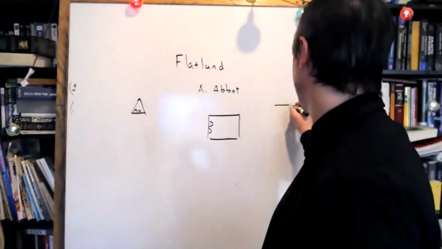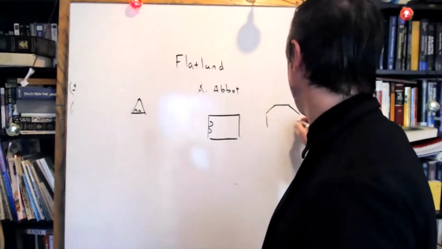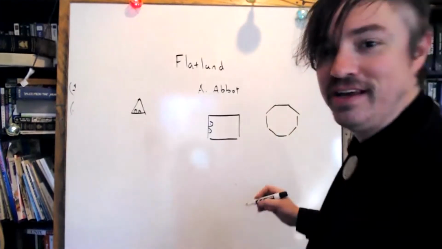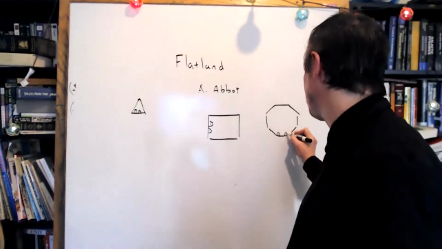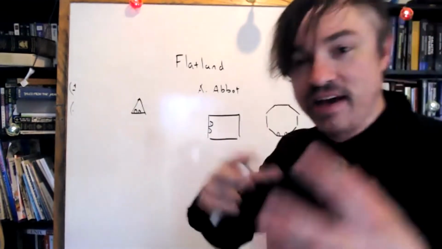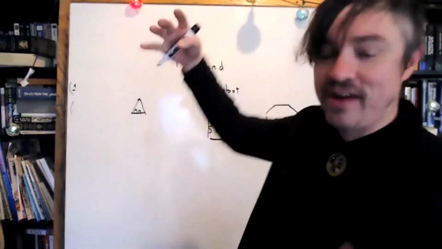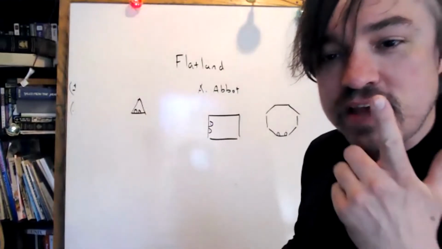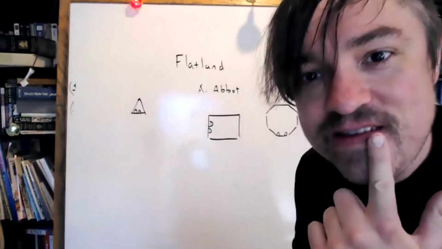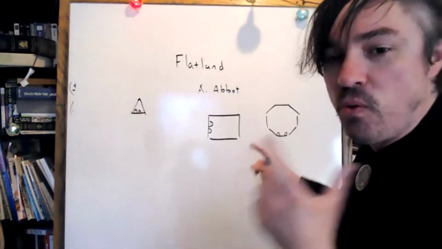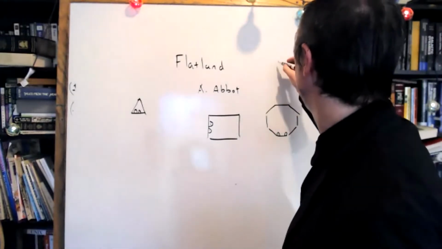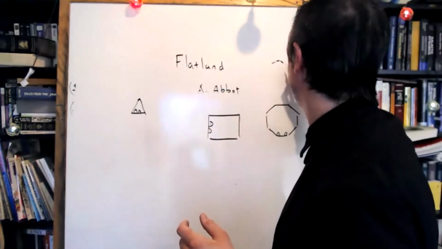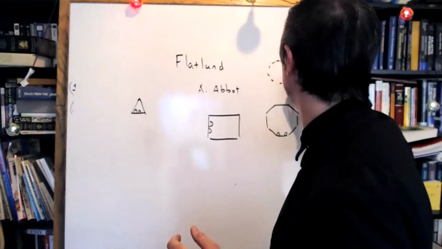If you were a pentagon, or maybe a hexagon, you would be a general in the Navy or the Army, or an admiral in the Navy. And the more sides to your polygon, the higher and higher you go. Eventually, the highest order of their society was a polygon of infinite dimensions. What would happen to a polygon as you made more and more, not infinite dimensions, infinite sides? A polygon of an infinite number of sides, what would that look like?